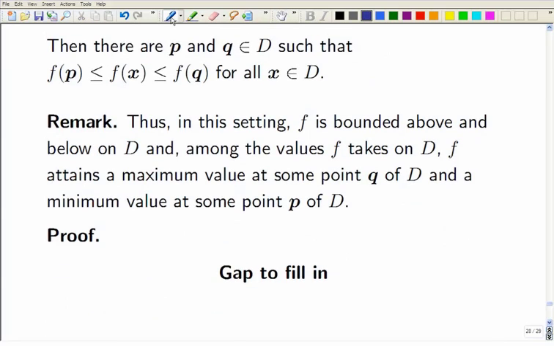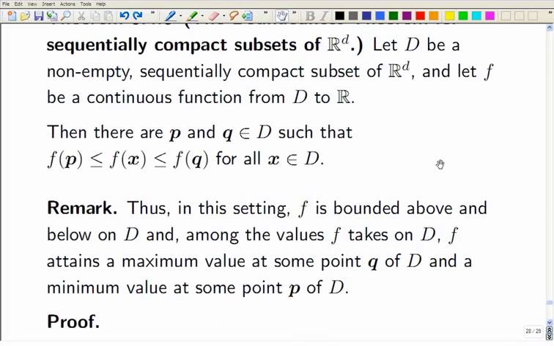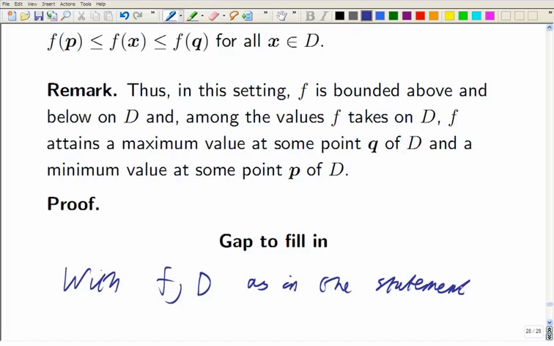Now the proof is quite quick, given what we now know about continuous images of sequentially compact sets, and what we know about sequentially compact subsets of the real line. Non-empty ones have got a maximum and a minimum element. So all we do is we apply what we already know. So we take such a function f and a domain D,